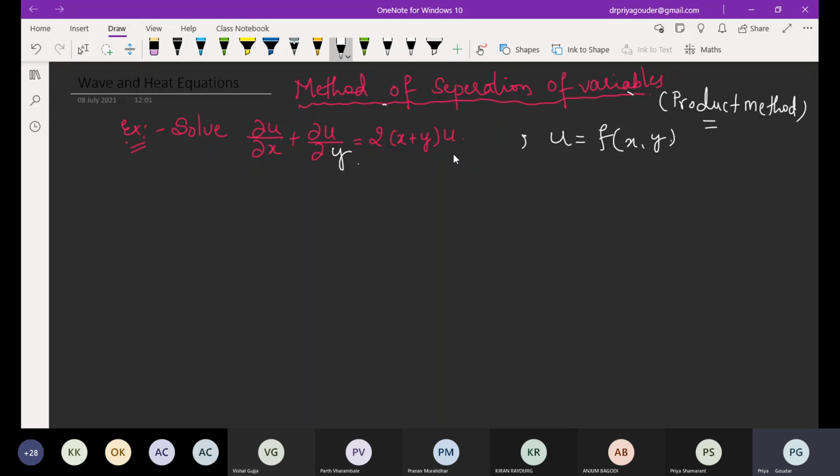And one more thing, this method is applicable if in the given partial differential equation, you have the derivative of u with respect to x and y both. If one of them is not there, you cannot solve by this method. It may be first order, it may be second order, whatever it is. It may be a combination of first and second order. But you should have derivative of u with respect to all the independent variables. Then only this method can be applied. Now to apply this method, I'll just take the example, solve it, and explain the method. Just see here. Take the given equation as equation 1.